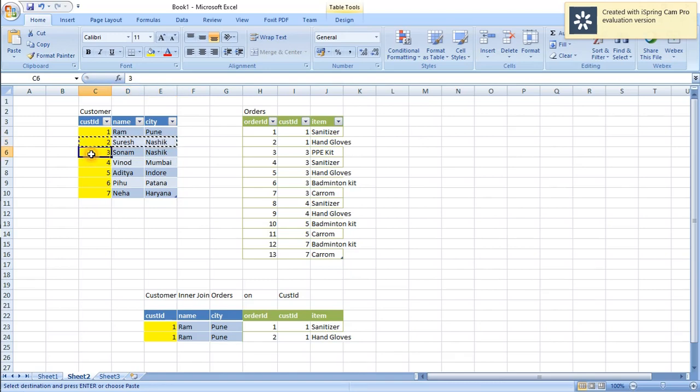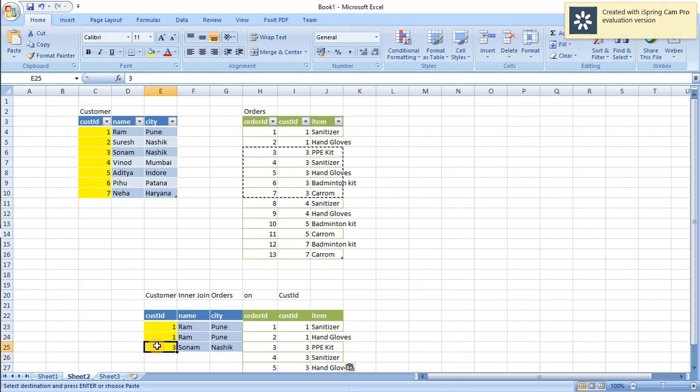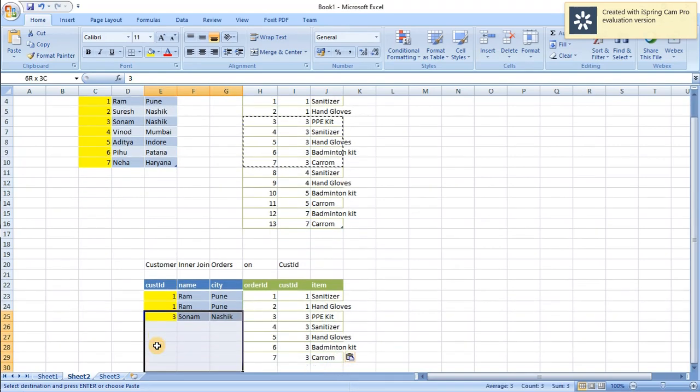So now it will pick up the third row and look here whether this record is present or not. If you can see, there are 1, 2, 3, 4, so I'm sorry, it's 5. So there are 5 records in the orders table. These 5 records will be the output of the inner join, and these 5 records belong to customer ID 3 from the customer table, so they will be printed as is.